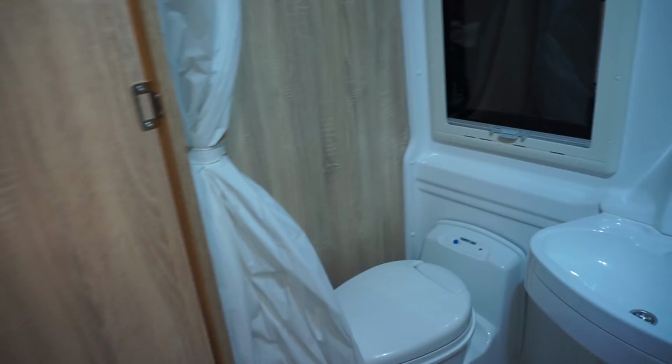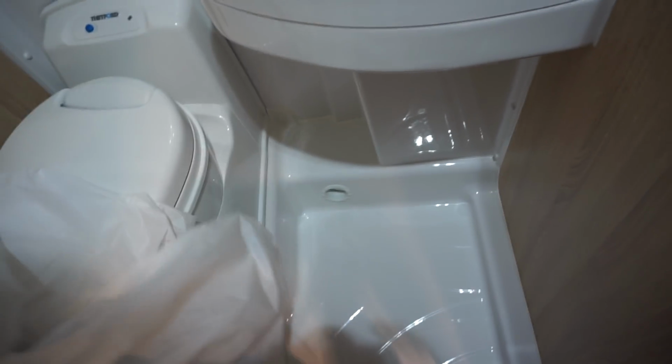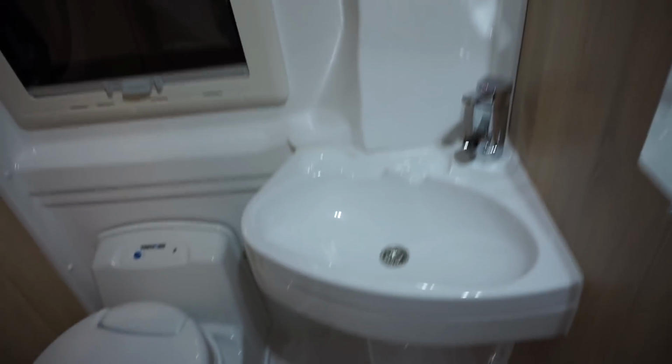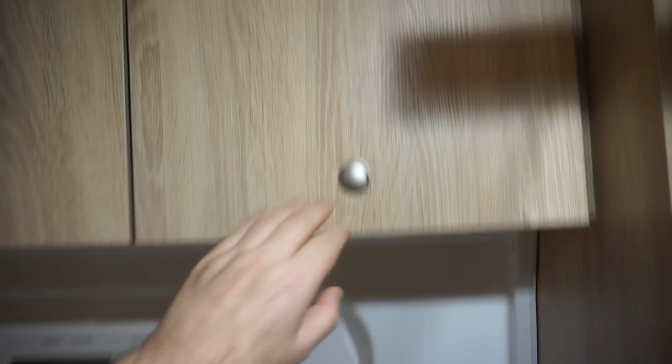Opening the toilet door, and you can see a rather large wet room for this size of vehicle. We've got a sensible plug down there, a domestic one. Unfortunately, there appears to be only one. A sink there, which for a van this size isn't a bad size. Toilet. Got a bit of storage up here,